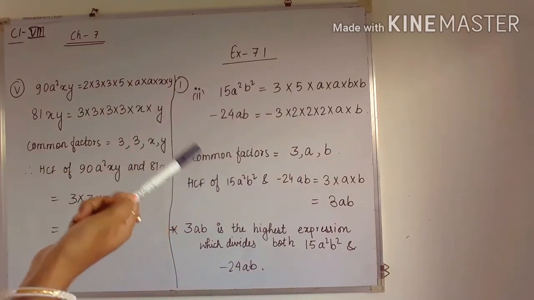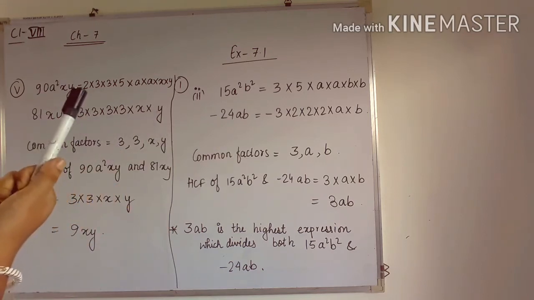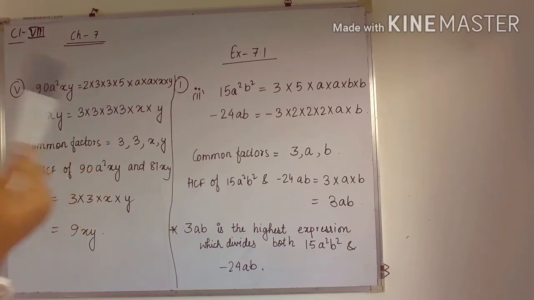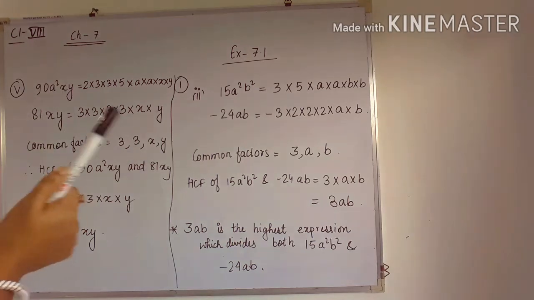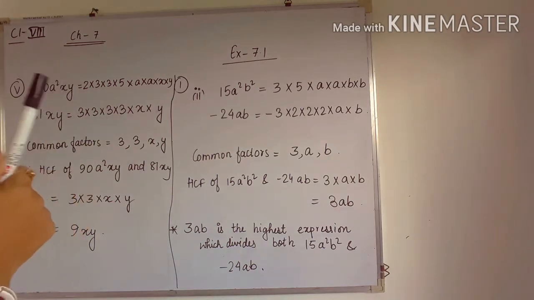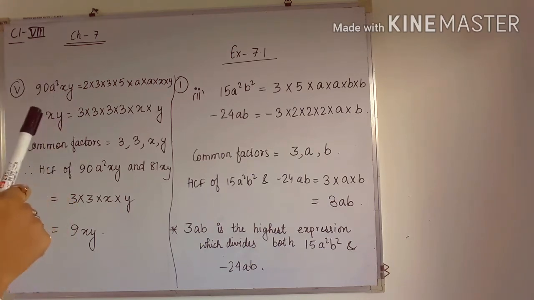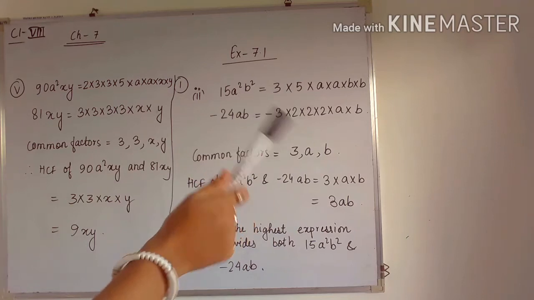B into b. Okay. Next, minus 24ab can be written as minus 3 into 2 into 2 into 2 into 2. That means 3 2s and 1 3. So 8 3s are 24. So 3 2s and 1 3. And you have to mention the minus symbol because 24ab is what? A negative term, minus is there. So ab we can write as a into b.